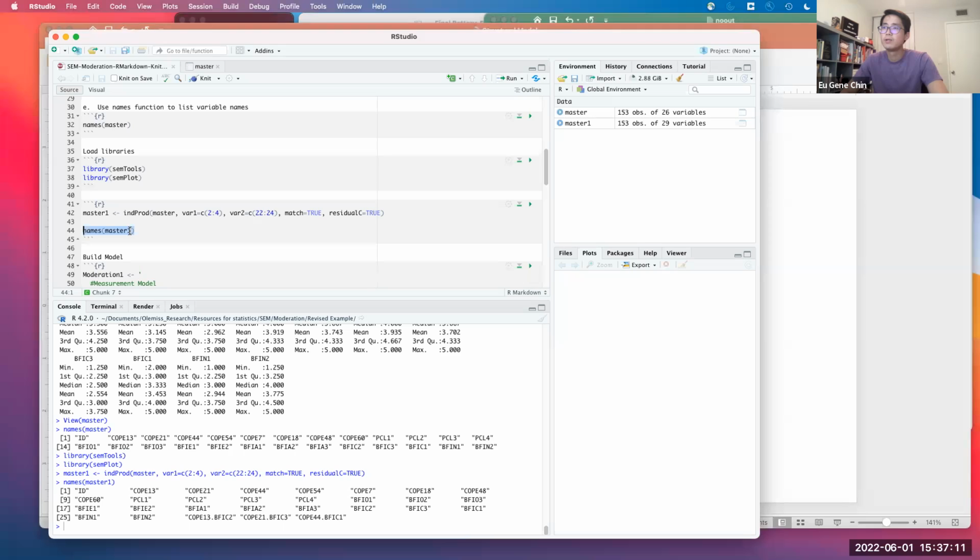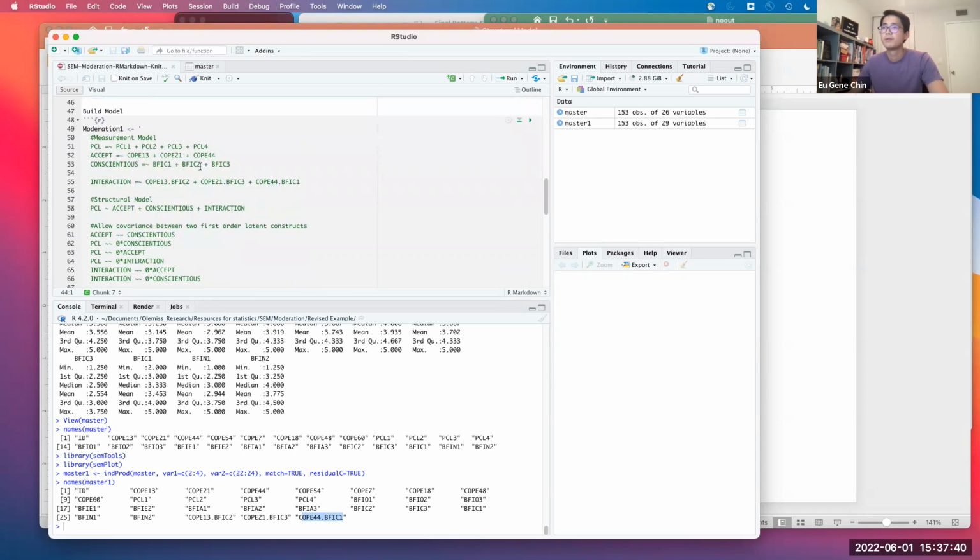And this is the new data set, master1, and I'm calling names. And as you can see, we have COPE13 multiplied by BFIC2, COPE21 multiplied by BFIC3, COPE44 multiplied by BFIC1. That's the matched pairs interaction terms. And these interaction terms are from the residuals, when you take the leftover residual after doing the regression.